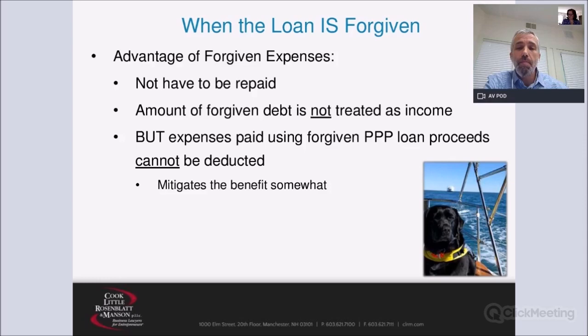Disability insurance and the like, life insurance, doesn't seem to be a payroll cost, at least not the way it's defined for purposes of the PPP loan. So it's not every amount that you make available to your employees that would qualify as payroll that can be taken into account for determining how much your loan should be and how much should be forgiven. So you do have to slice and dice a little bit and be careful about those distinctions.